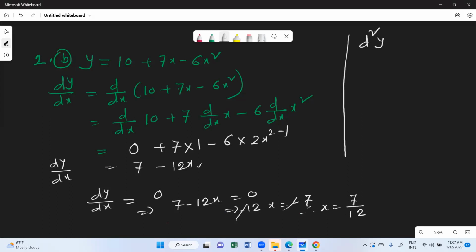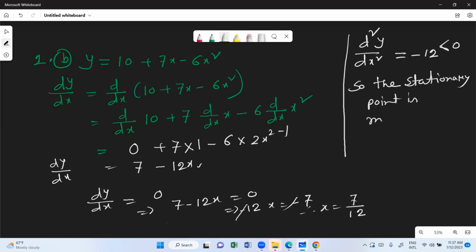So d square y by dx square, we'll get here minus 12. So minus 12 means less than 0. So the stationary point is maximum. This is the answer, maximum. Okay. Now,